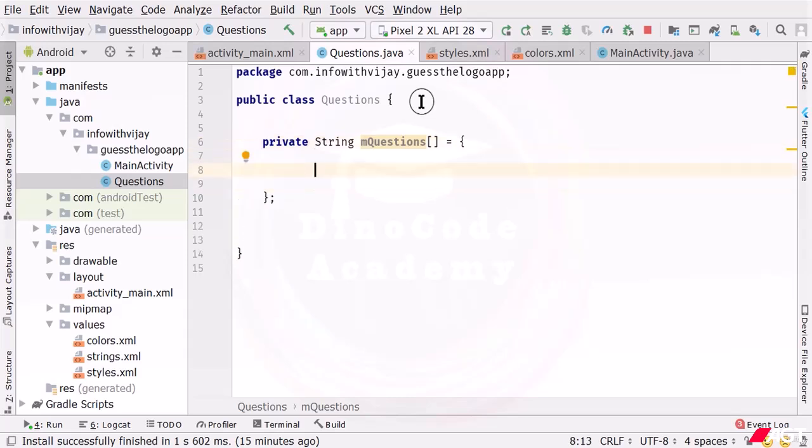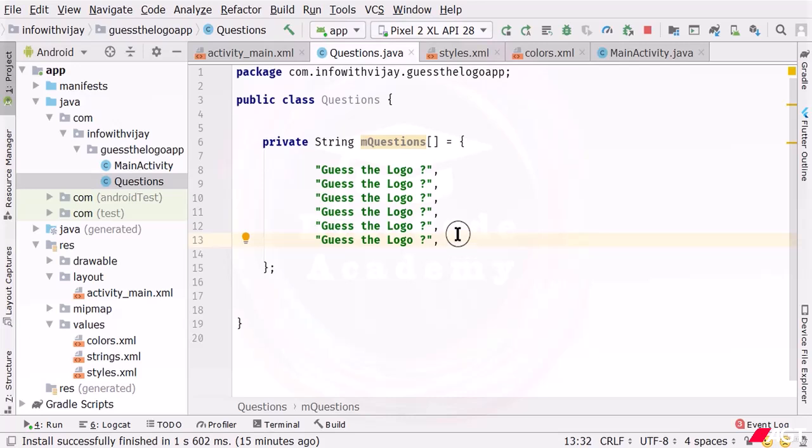So first I'm going to specify here the question, like what you want to specify as the question name. So I'm going to call it here guess the logo. So guess the logo, and I will be specifying here a question mark. Then if I just duplicate it many times, because we need to just simply guess the logo. So here I will be specifying you can guess the logo. Can you guess this one? So just simply I will specify here can you guess this one,